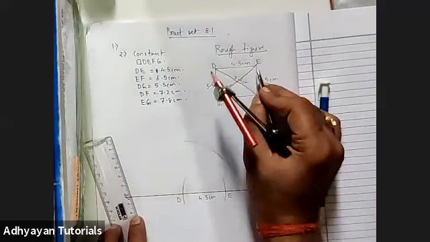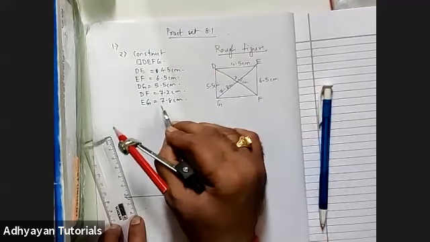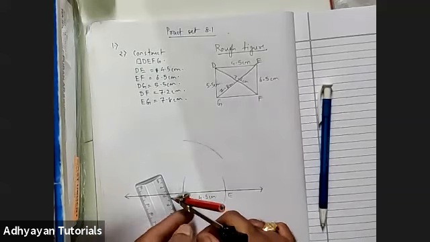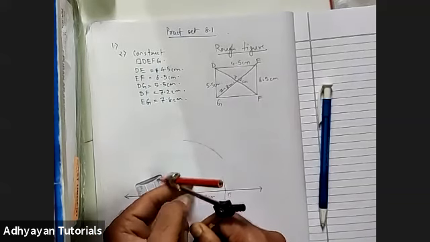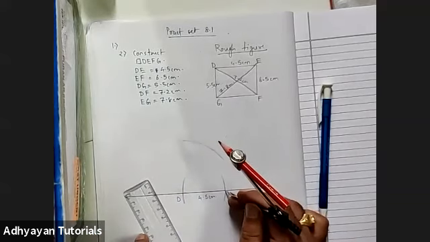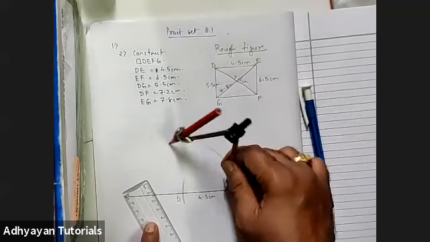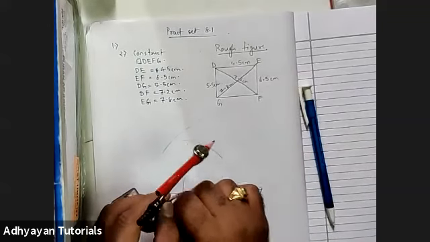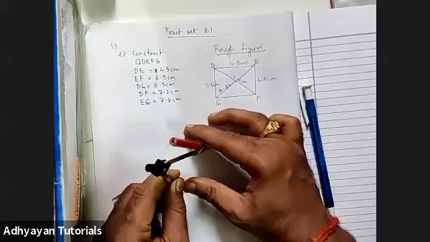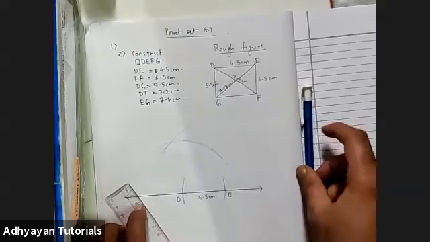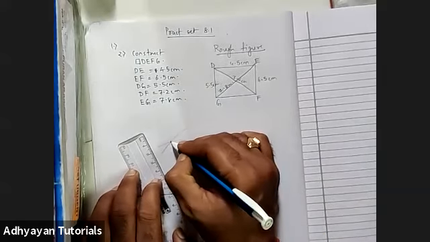Okay, the next line has to be EG, and EG's measure is 7.8 centimeter. So 7.8 is somewhere here, and this line. So I've taken 7.8 centimeter in the compass, like here, and since it is EG, I have placed it on point E, and I draw. Okay, I believe I'll have to once again extend the previous arc. Right, that I have done. So I've got the point G, children.